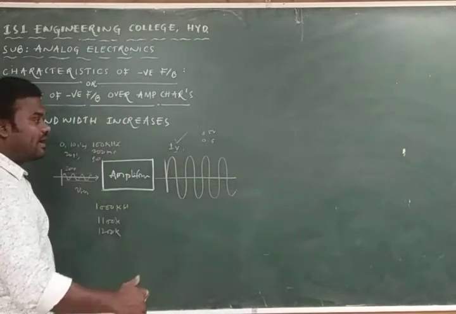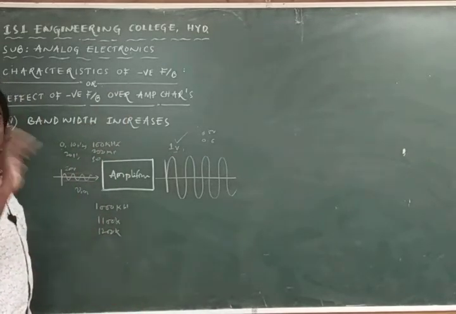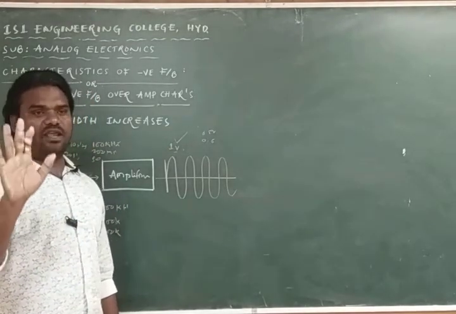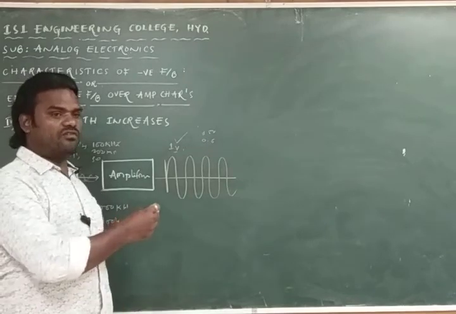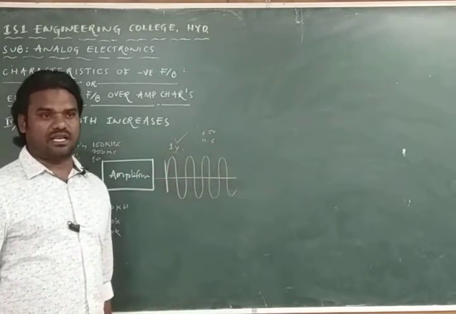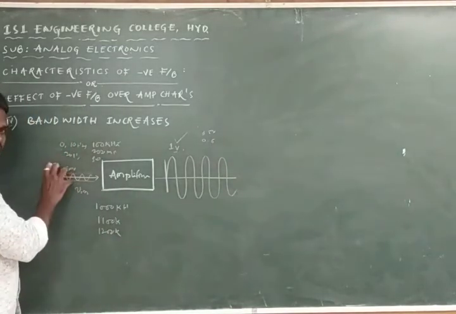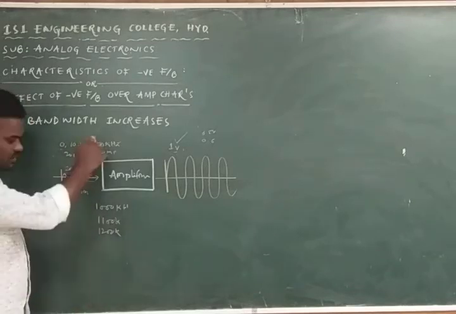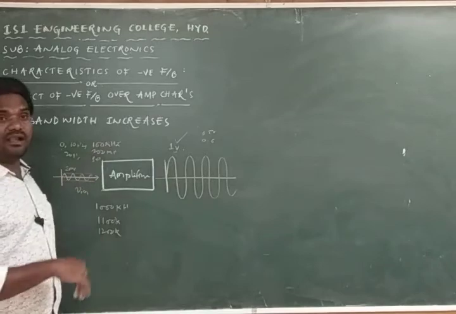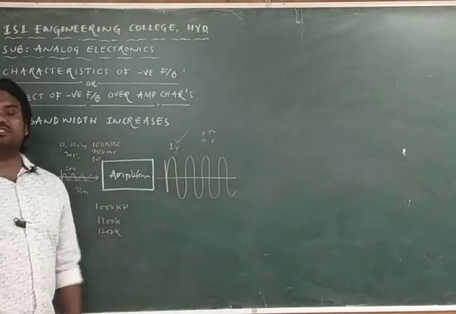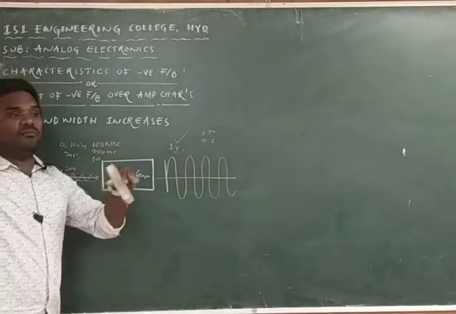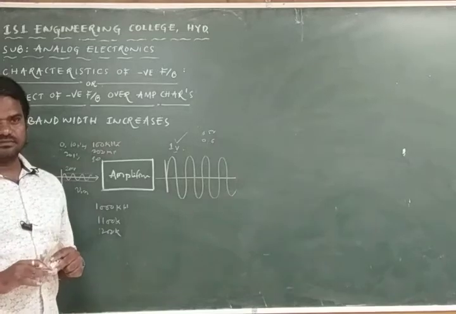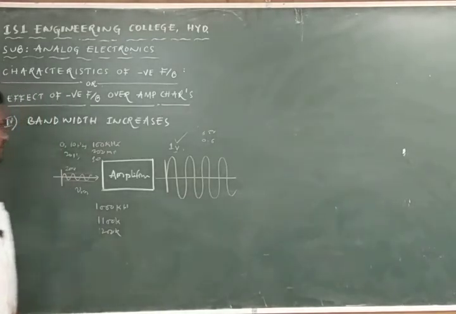After employing the negative feedback, what is the change in the bandwidth, we are going to study. First we must know the bandwidth. First thing, the amplifier is an electronic circuit. We have given the input so that it has produced the strengthened signal. After that, we are changing the frequency, in which we have observed that from one particular frequency to another particular frequency, the gain is maximum and constant, and that range of frequencies we call bandwidth. Now by employing the negative feedback, how the bandwidth is going to be affected, we have to study. Is this clear? Then copy this diagram.